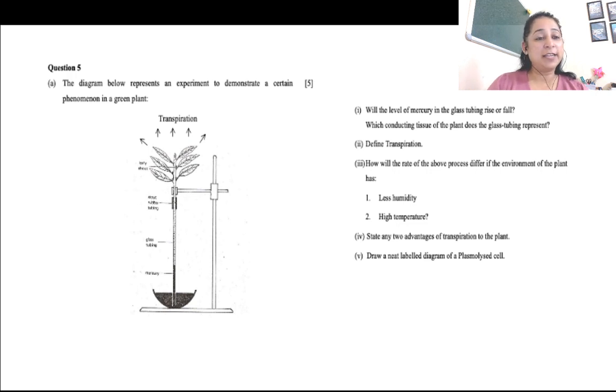So what we have done in today's video, we have discussed almost all. I have covered जितने भी previous board paper में plant physiology से diagrammatic questions आए थे. Fine. So it will give you a set of questions. फटाफट इनको solve करो and give the answers, and you will get the answers in my next video, most probably a day after. I'll try to upload tomorrow, but then you have to make the video and all, it takes time, so maybe day after tomorrow, so you'll get the answers.